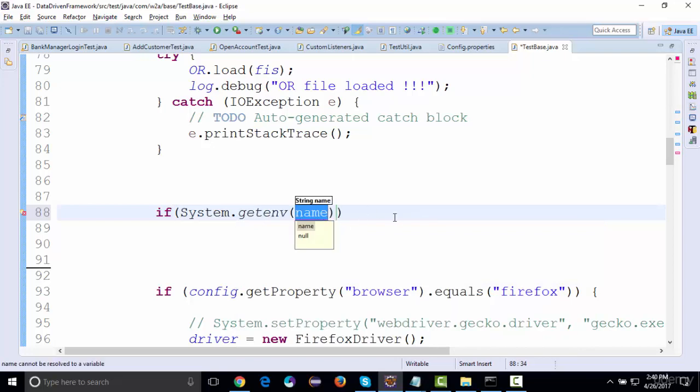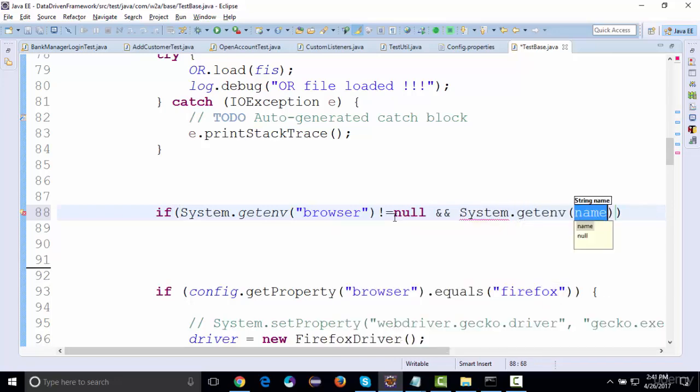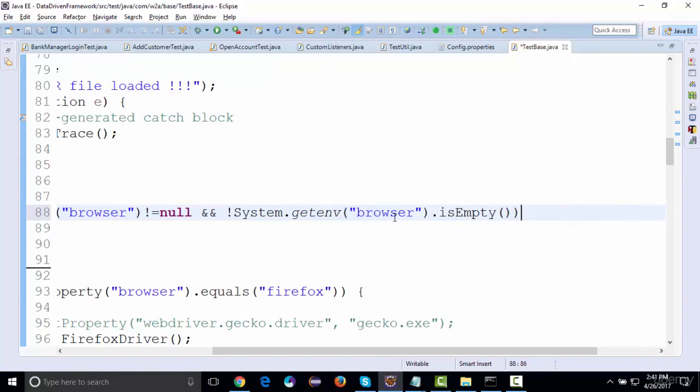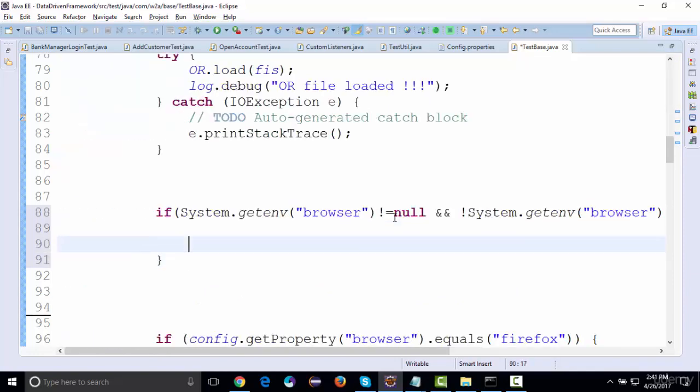So if this environment name, browser, is not equal to null, and I'm adding a check over here, System.getenv browser isEmpty, and it's not empty, I'm just adding a check that if that filter is not empty and not null, what it should do is